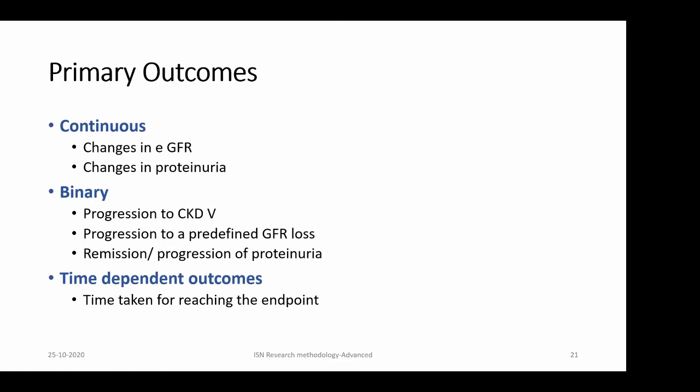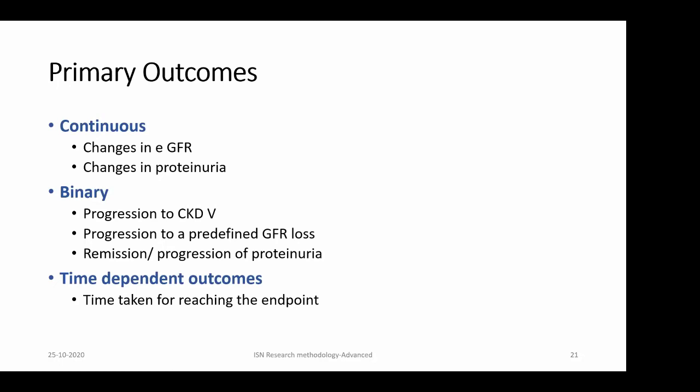Whereas if I was going for a slightly longer trial, I would have been pretty happy to take a composite endpoint as the outcome. So with the trial design I have in my mind, I'm going to give this drug XYZ as an add-on therapy to people who are already on optimal RAS blockade. So these are the outcomes which I can take. So I can analyze the outcome as a primary outcome. That is, I can look for the changes in glomerular filtration rate or proteinuria at the end of 18 months.